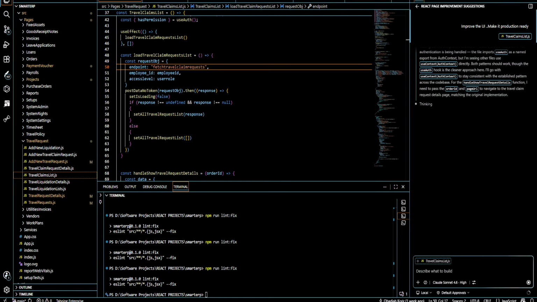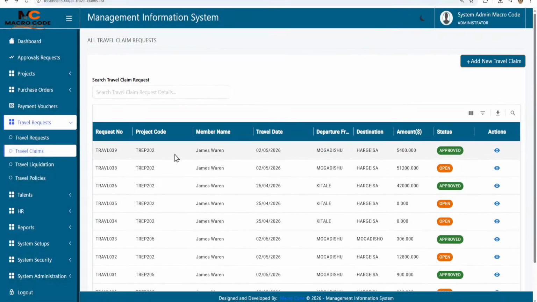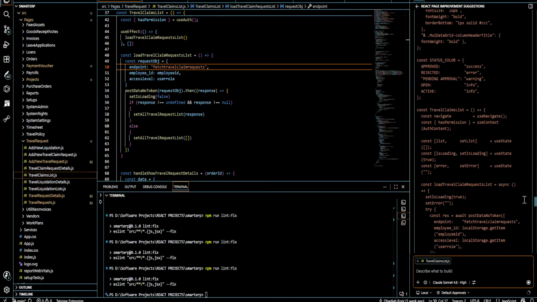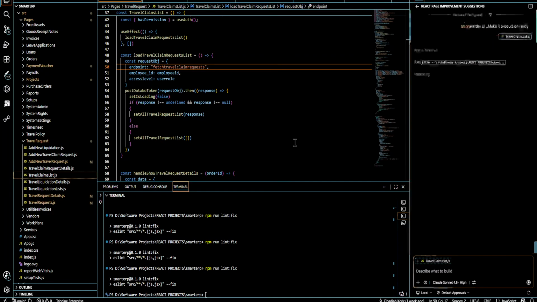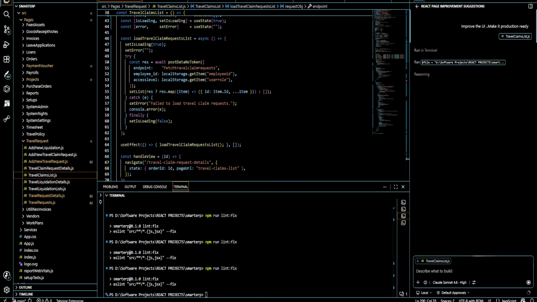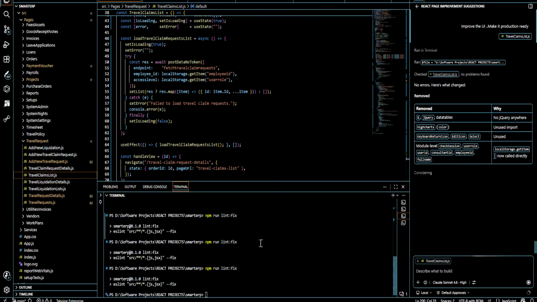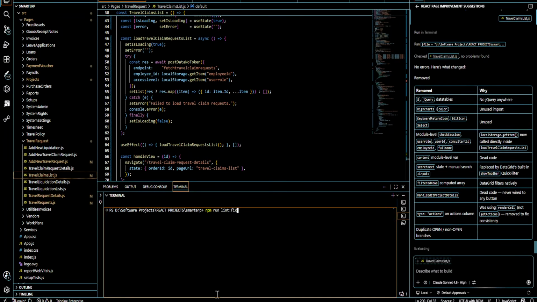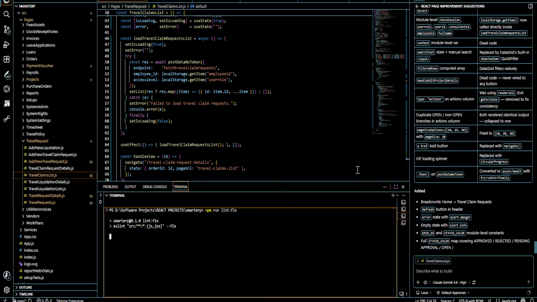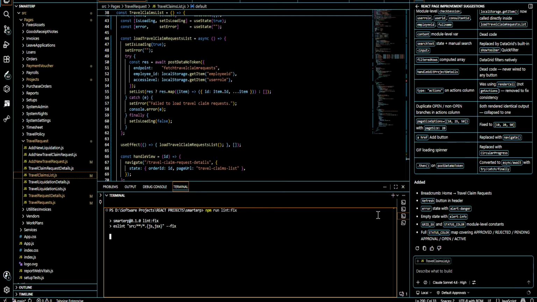So if you go to our app for the claim, let's just see. It has already updated this page. But now for the claim, we need to pull the data from what we had done. And I think there is no errors. So I'll just update this. Then if you go back,